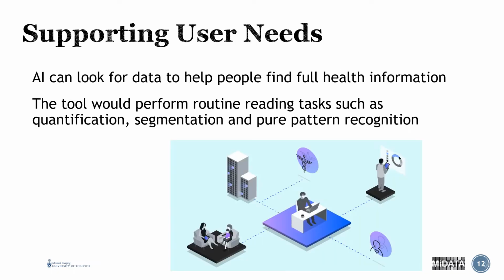So the last characteristic we're going to discuss is the user needs. So supporting user needs. Now, the user, of course, can be many. It can be the healthcare professional, or it could be the patient, for that matter. So AI or AI machine learning can look for data, to help people find full information on the topic of interest. That's an example we've already talked about with